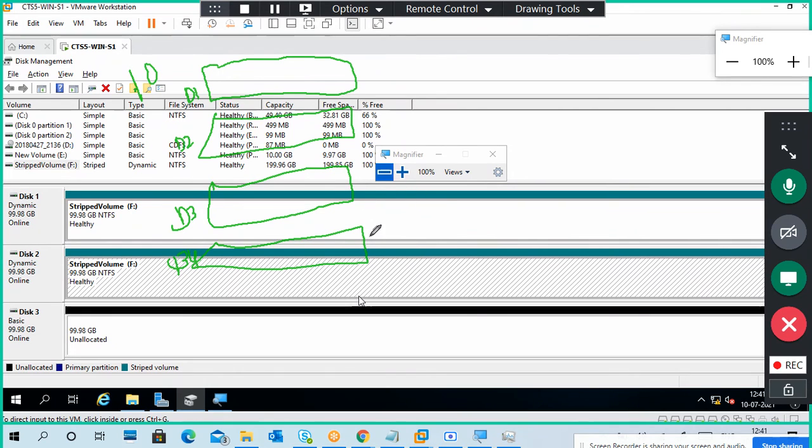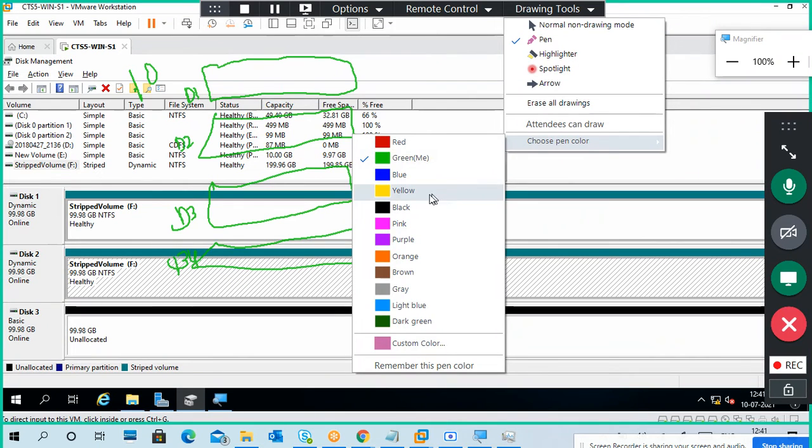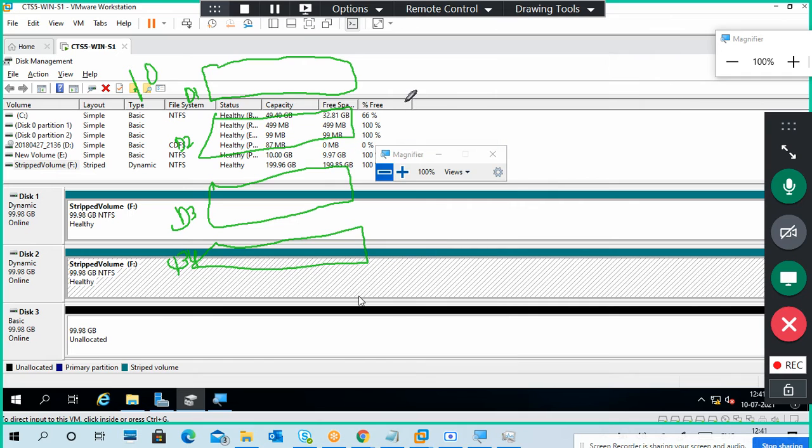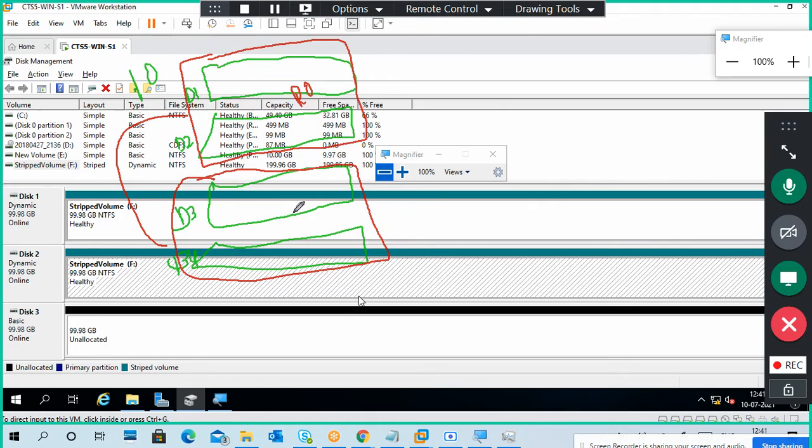This is also a striped volume. Red is better, I think. So this is one single large striped volume, and this is another stripe, and you are making a mirror between them. It means this is a RAID 0, this is a RAID 0, and this is a RAID 1. This is RAID 10.